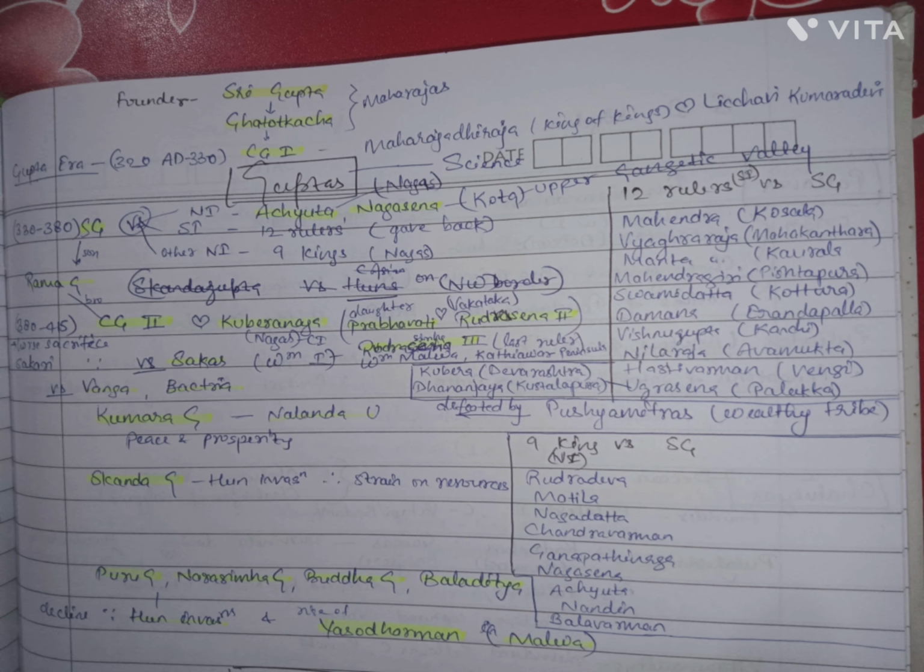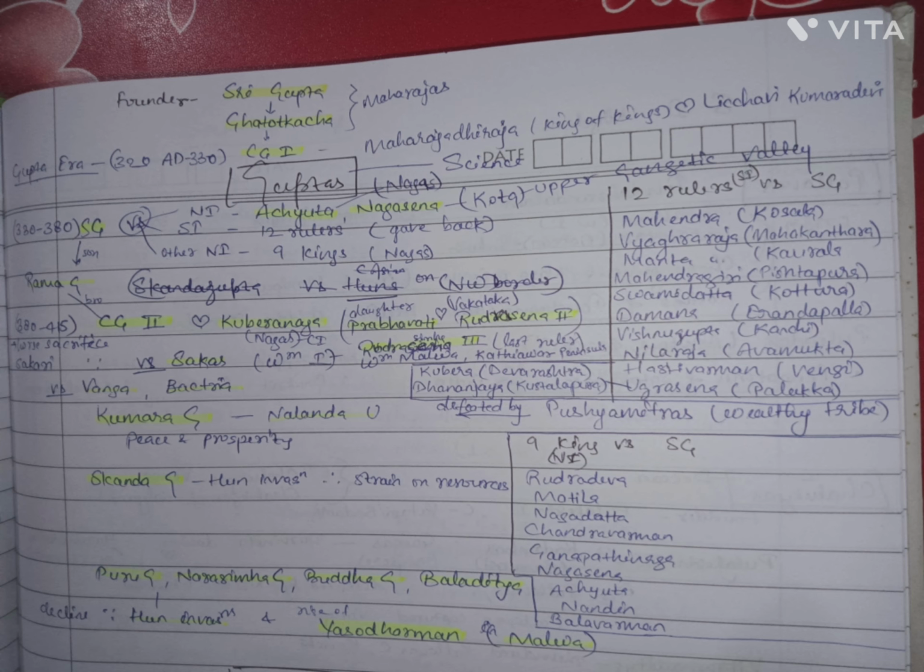The inscription is engraved on the Ashokan pillar. It is written in classical Sanskrit using the Nagari script. It consists of 33 lines composed by Harisena. It describes the circumstances of Samudragupta's accession, his military campaigns in North India and the Deccan, his relationship with other contemporary rulers, and his accomplishments as a poet and scholar.